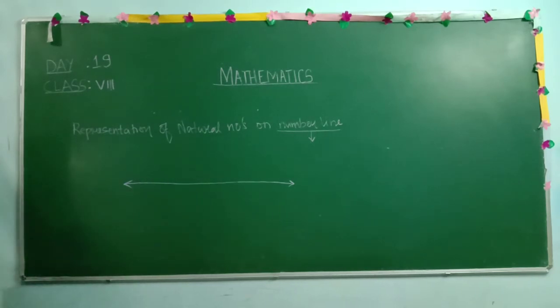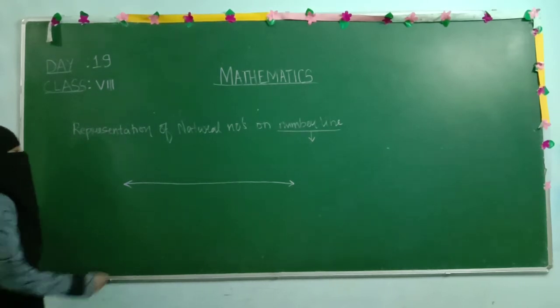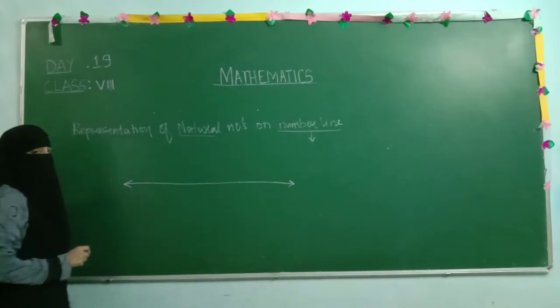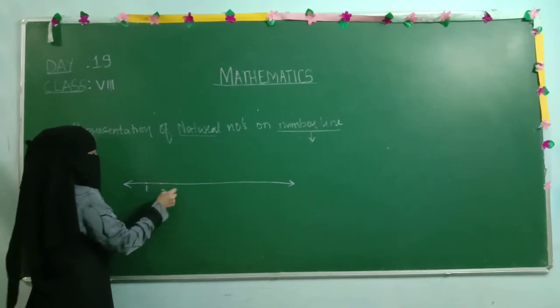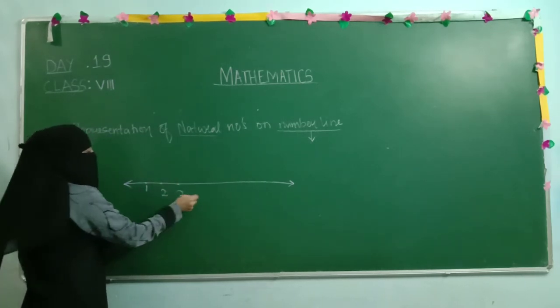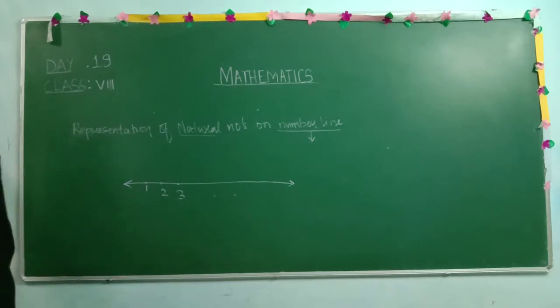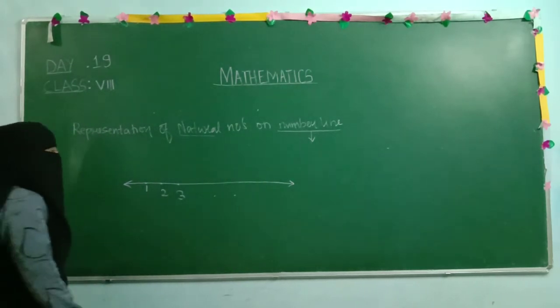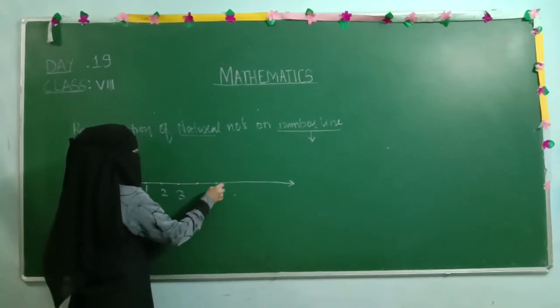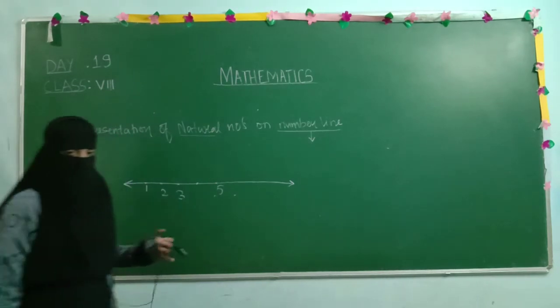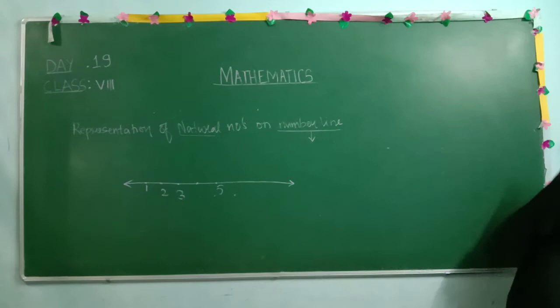Fine. Now we have drawn the line, but it is not just a line, it is a number line. So we have to represent the numbers on this line. As we are talking about natural numbers, first we need to start with 1. With equal distance you need to write 1, 2, 3, and so on. If I ask you to represent 5 on this number line, definitely what you will do is 1, 2, 3, 4, then after that you will represent 5. Is that clear? So this is the way of representing natural numbers on the number line.